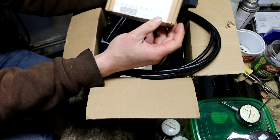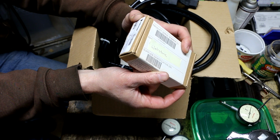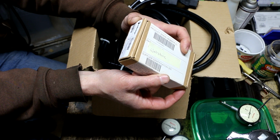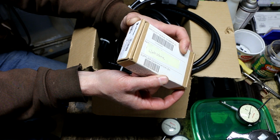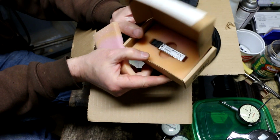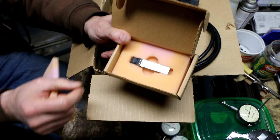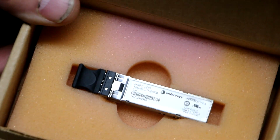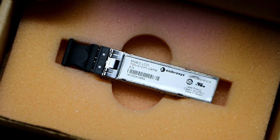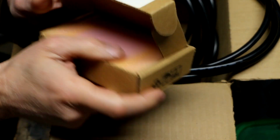This says Webstone on it. I don't know if that's the name of a company that these came out of or what. And there's a model number on the side here. And this is a GBIC, gigabyte something. There's some computer savvy guys out there laughing their butts off right now watching me try and figure out what the hell I got here. So I don't really know what this is. I did look them up on eBay, and they're not really worth much. But you know, I'll throw those in with whoever buys the